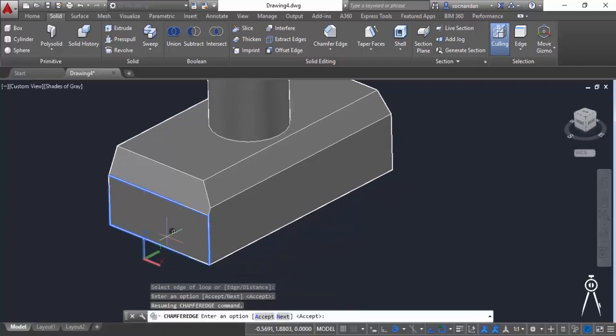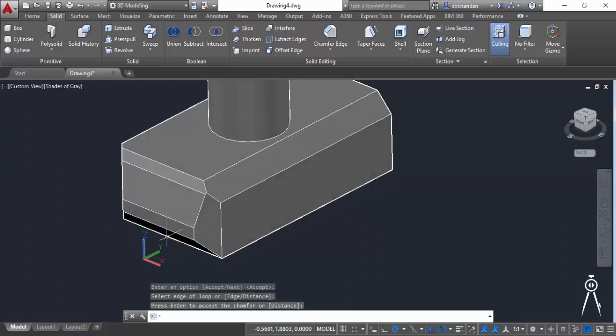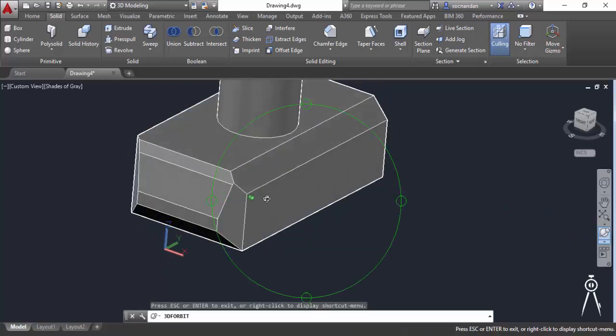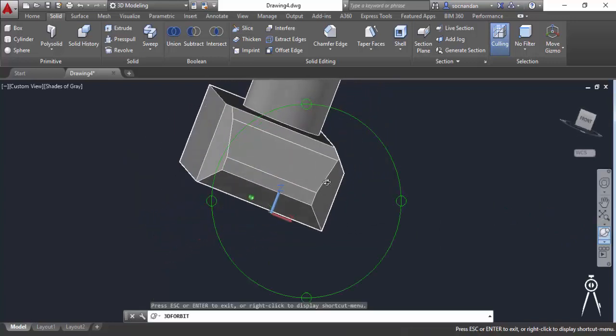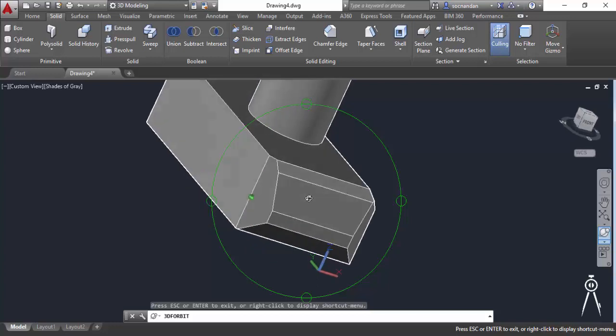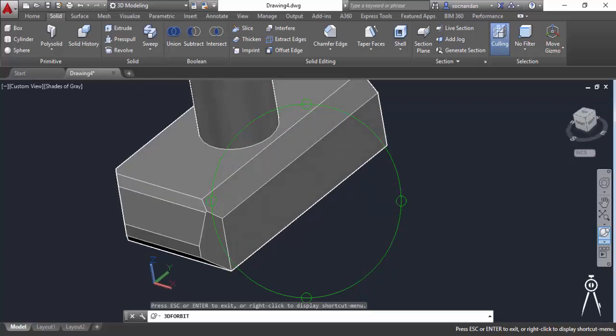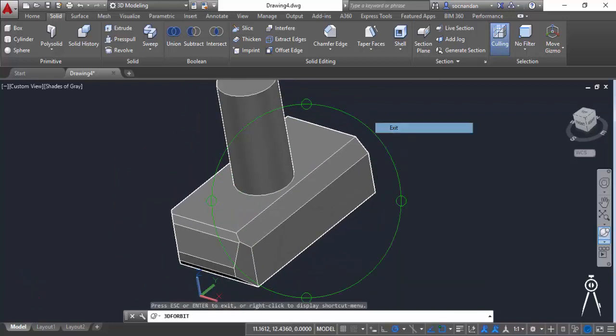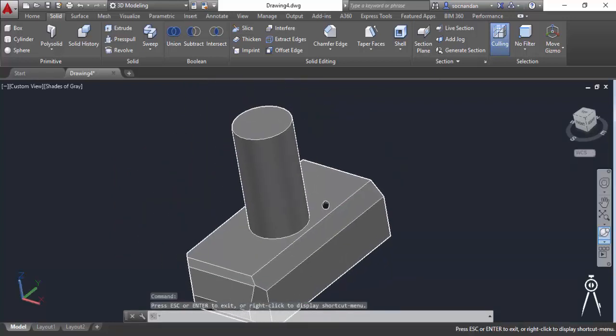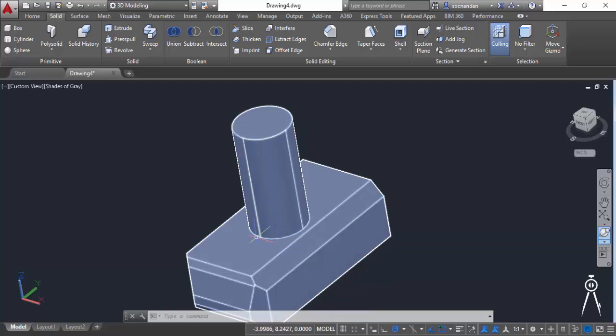So let's say that we want to apply the chamfer. Let's press enter, and here is the chamfer applied to it, which looks quite bizarre in this case because our big chamfer distance of 1 unit has been applied. So in this way we can apply chamfer for these geometries. You can apply chamfer for this point where both of these objects are joining each other.